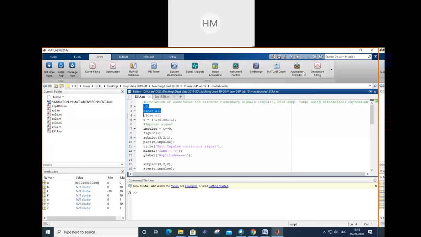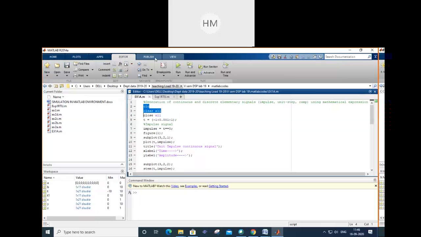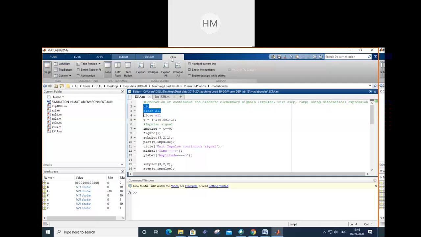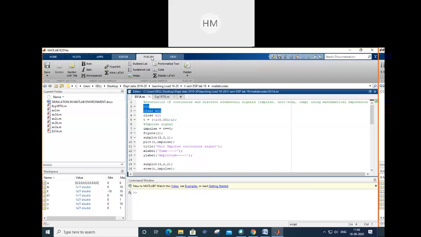These are the different toolboxes: curve fitting, optimization, system identification, signal analysis, image acquisition, data signal processing, communication toolbox, satellite toolbox, MATLAB coder. So many toolboxes are there. Editing toolbox. Last is view. Publish. If I want to publish this data, I can use this symbolic text and all.